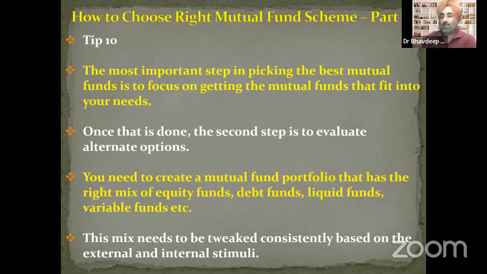So the carry home gyan for today: the decisions on which fund have to be based on a lot of information which I've given you. If you have a long-term objective like retirement planning, or maybe are willing to assume some risk, maybe an equity or balance fund would be ideal. If you have a very short-term objective, money for a couple of months, liquid funds. For regular income, then maybe a MIP, monthly income plan, or an income fund can be recommended. So this is your choice. What do you want